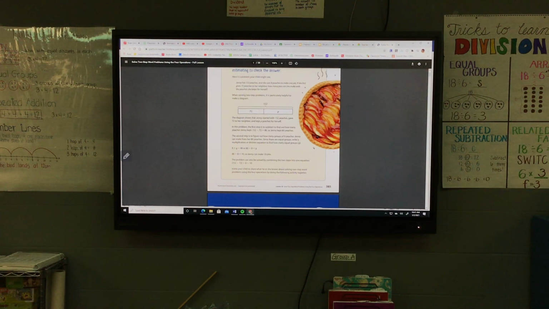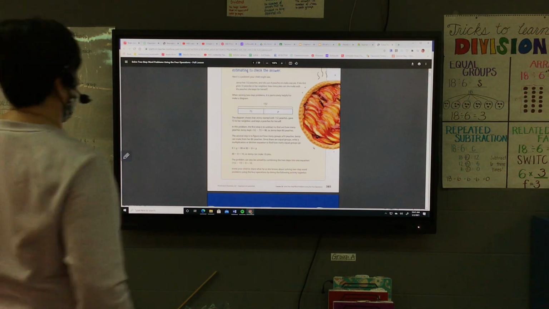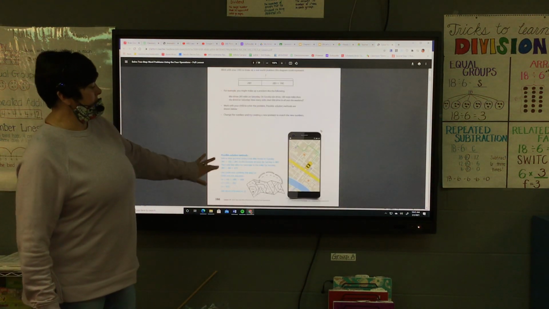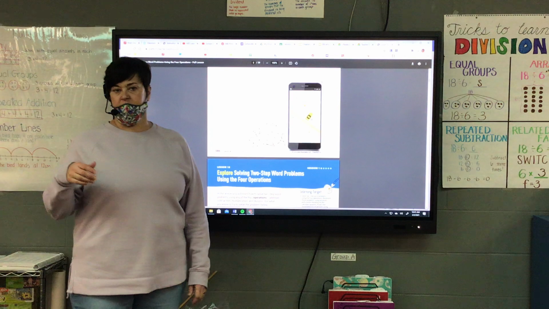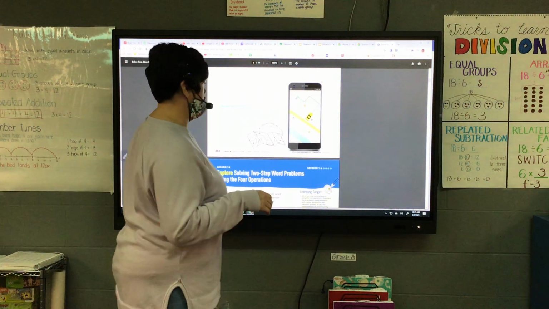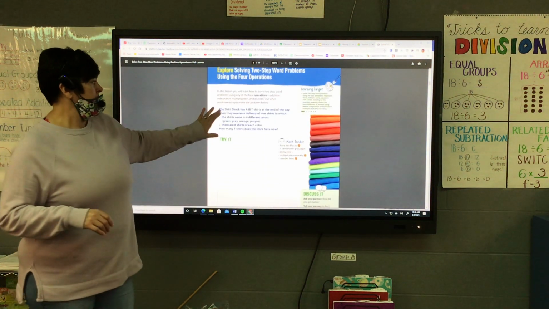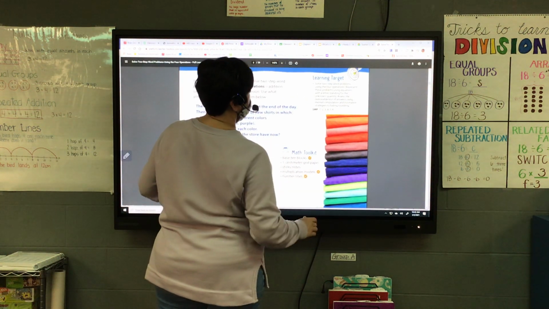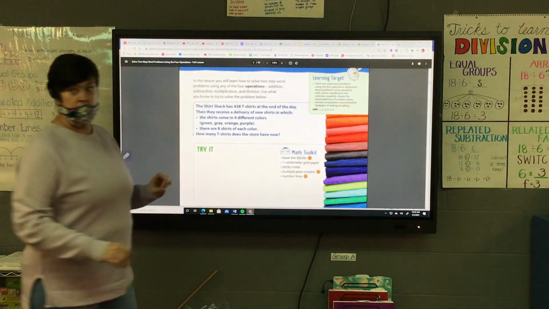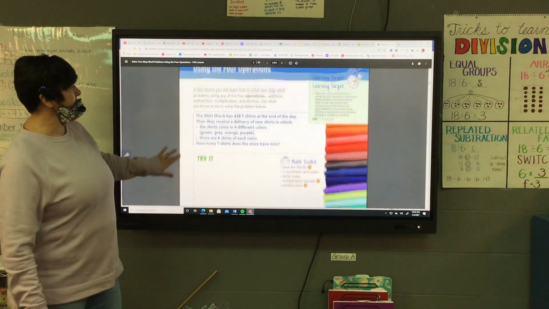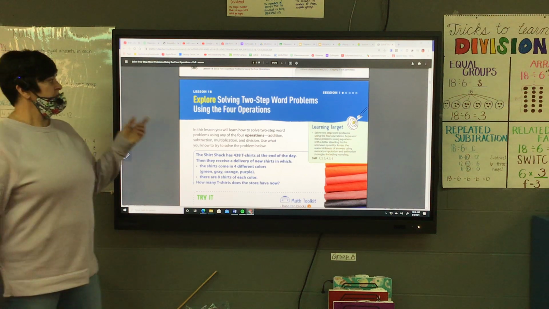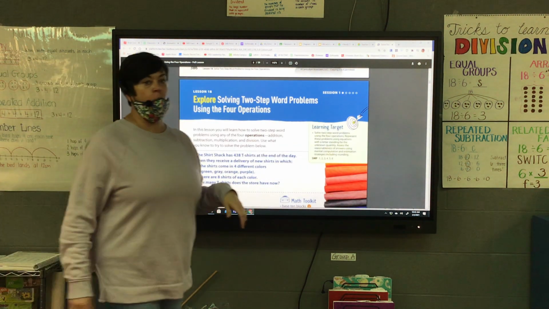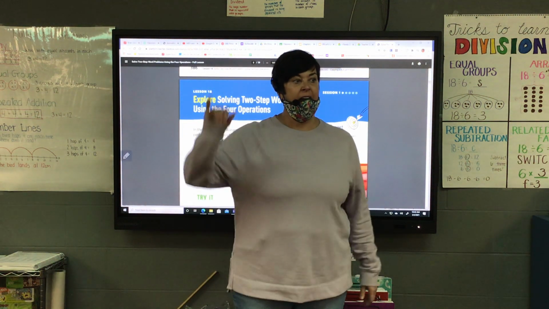Okay, friends, moving on to lesson 18 in our math workbook. You're tearing out 385 and you're just going to put it underneath your workbook for now. So then that takes us to page 387. We're solving two-step word problems using the four operations: